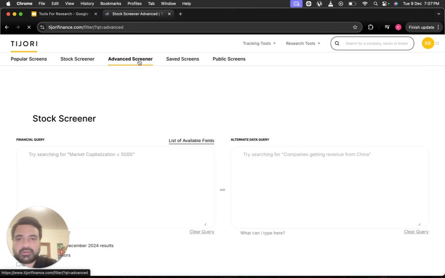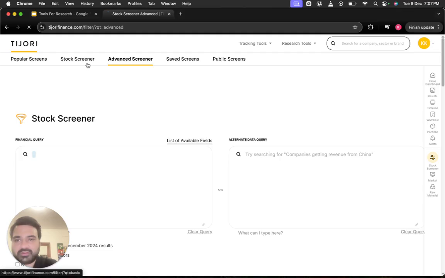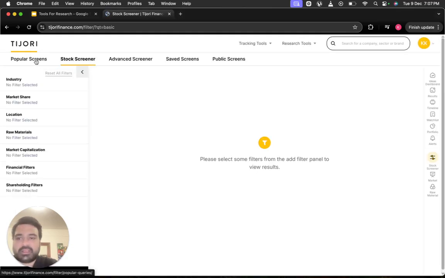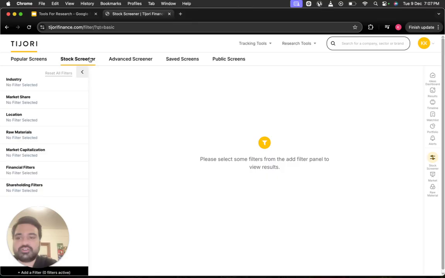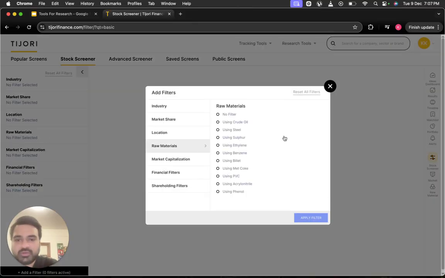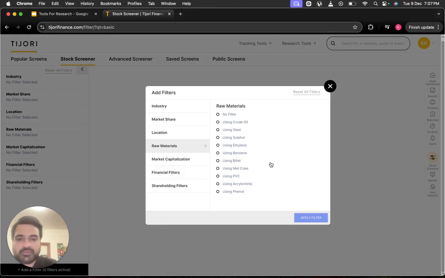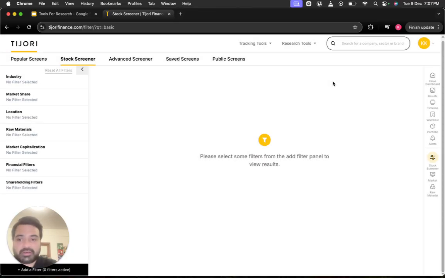Advanced Screener you can click on to create your own screen, similar to Screener. So, like I said, they have some overlapping features here. In Tijori, something you can do is some level of filtering in terms of raw material used and such, which isn't in Screener. So in Tijori there is a little more qualitative screening than Screener. If you want to look at other qualitative parameters, not purely numbers, then you have these two tools which I find pretty unique and useful in Tijori.